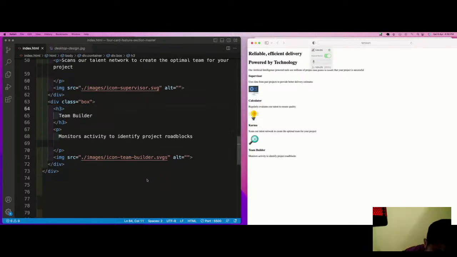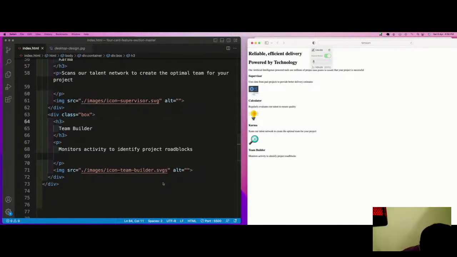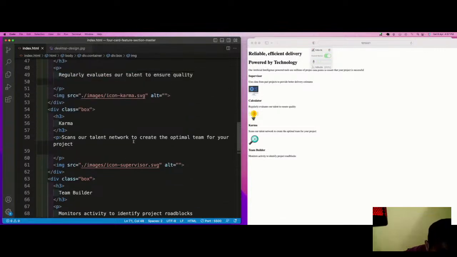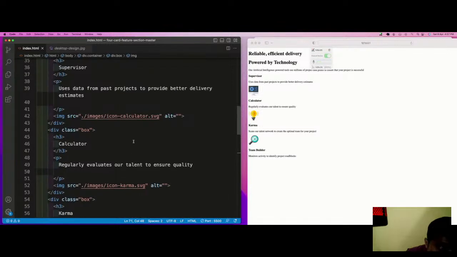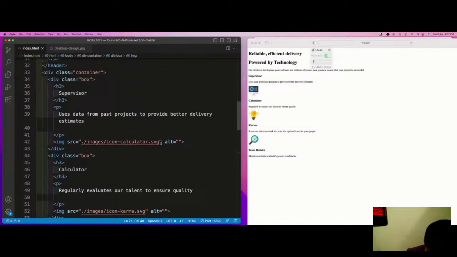Only three. Where's the fourth one? Team builder, supervisor, karma, and icon calculator.